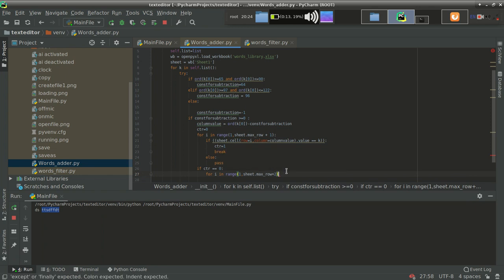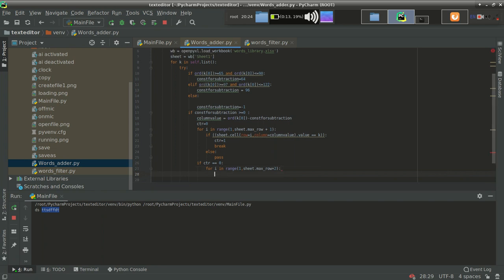Suppose if I have 7 rows, then I am taking 8 rows. I'll tell you why. Because suppose that I have 7 rows and all of them are filled, then where will I add the word? So that's why I'm taking extra. So this is the concept behind why I'm taking row plus 2.